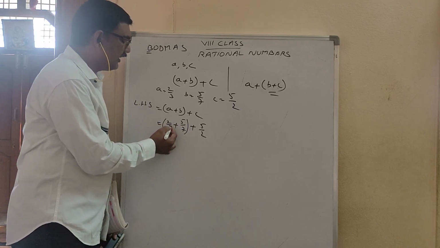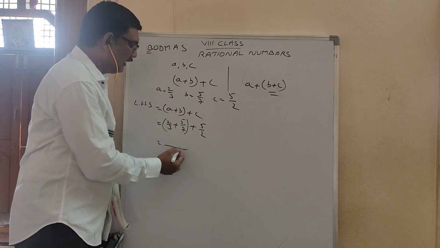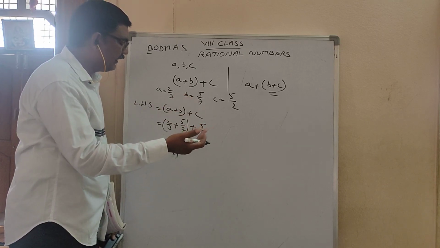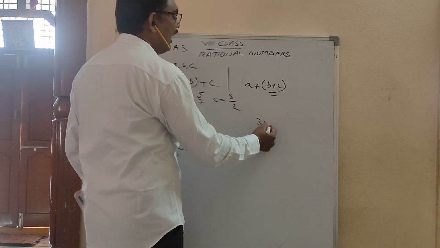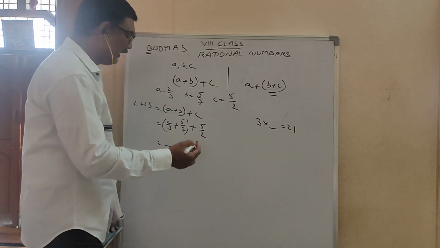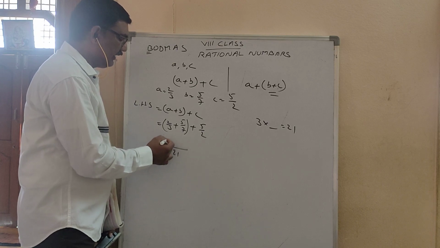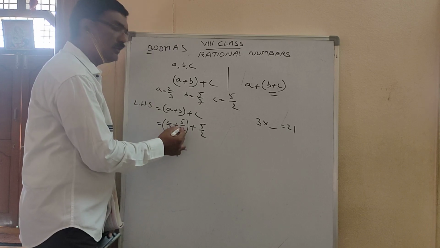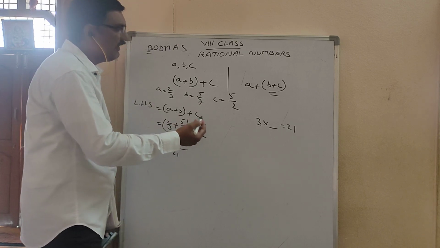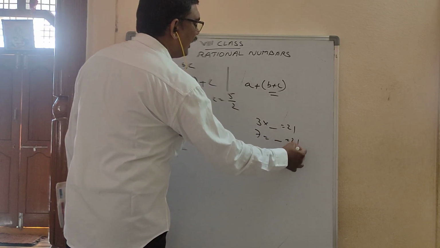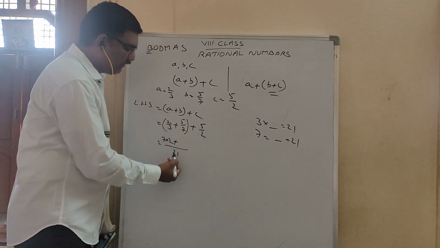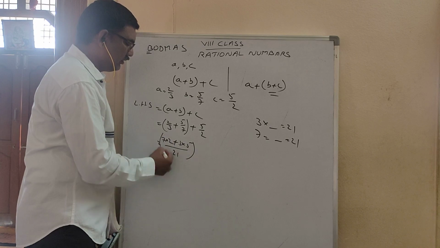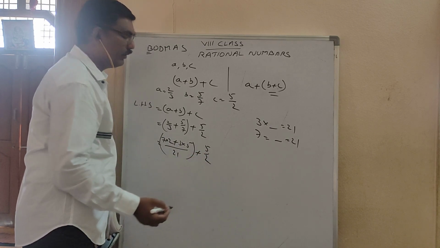Now 3 is in the denominator and here 7 is in the denominator. The LCM for 3 and 7 is 21. If you are reading the 3 table, when 21 will come, 3 how many times will it go in 21? 7 times. That 7 into its numerator 2. Again here, what is there in the denominator? 7. You should read the 7 table up to when you get 21. 7, how many times will it go? 3 times. What is its numerator? 5. So, plus 5 by 2.